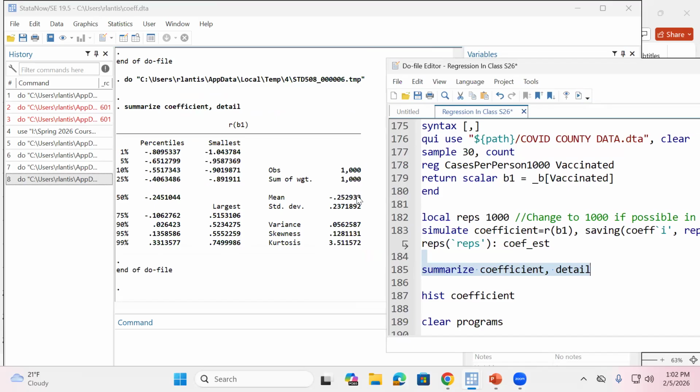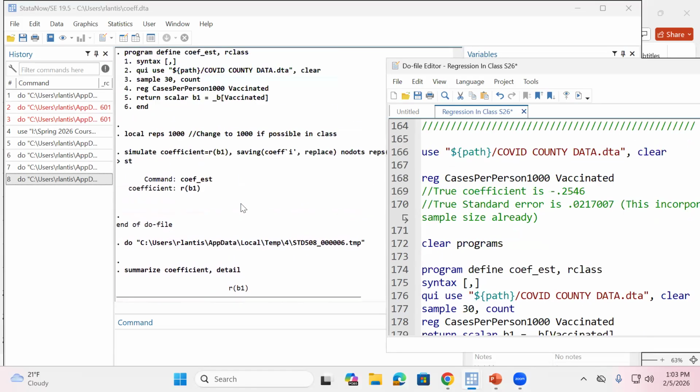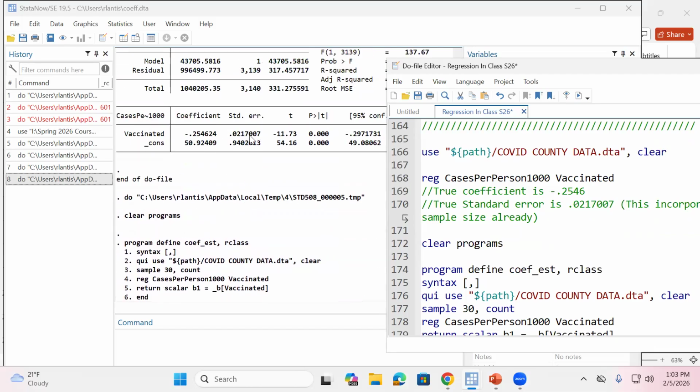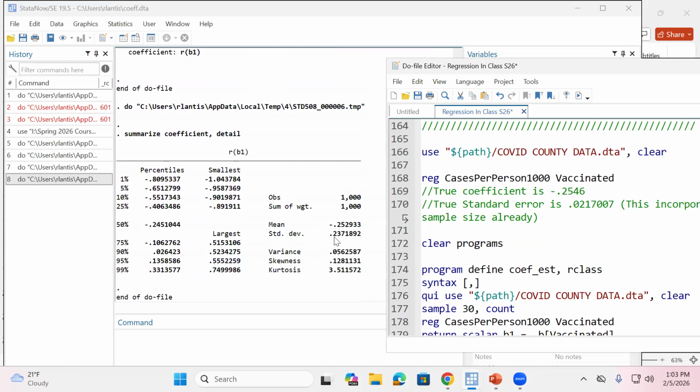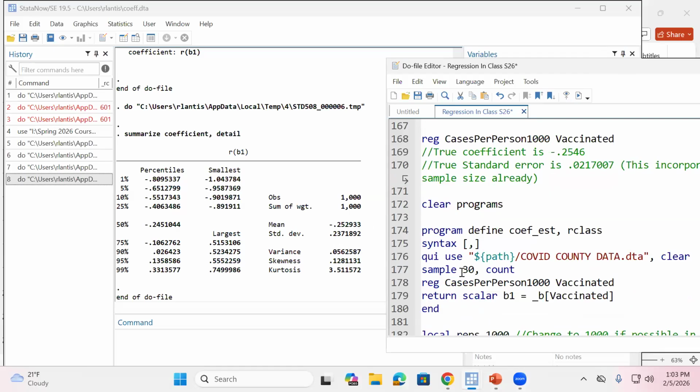But if I take higher and higher numbers of samples, it would get even closer to that true population value. Okay. Now, what's going to be true about my standard deviation, or my standard error, I should say, sorry. My standard error is going to be different than what the population standard error is. Why? Because that got scaled. Remember, the sample size was in that calculation. So when I was dealing with population data, I had much larger sample sizes, which made my standard error a lot smaller. Here I only have samples. I don't have the population data. I've only got samples of size 30.